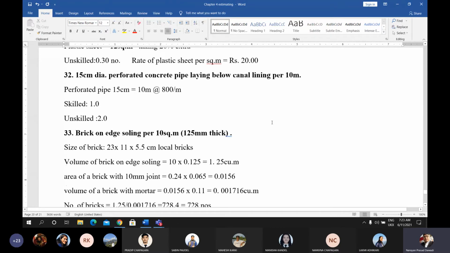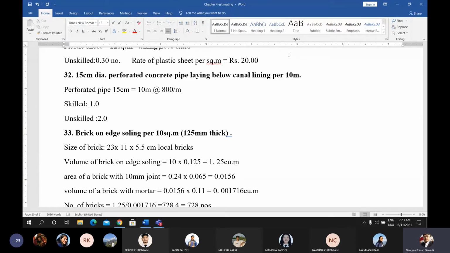Now, 32. 15 centimeter diameter perforated concrete pipe laying below canal lining per 10 meter. For the 10 meter of the perforated pipe, the diameter of the pipe is given. Generally, this is the concrete pipe here. This is similar to the hume pipe, having the small holes or pores provided there